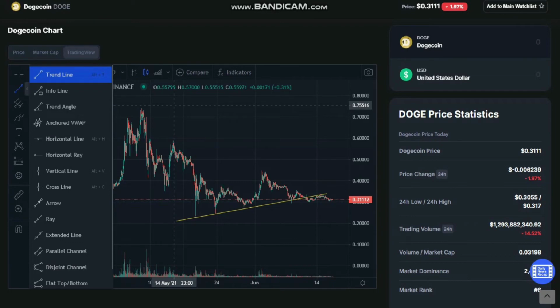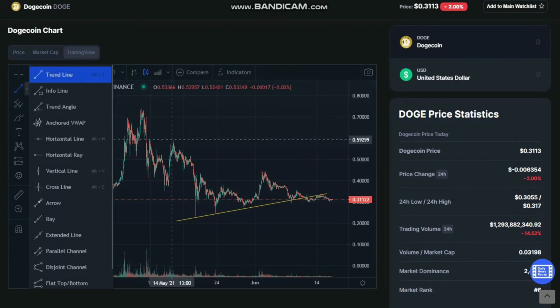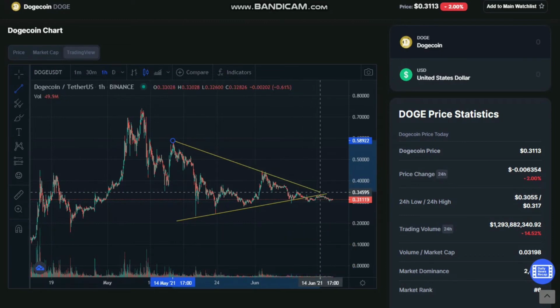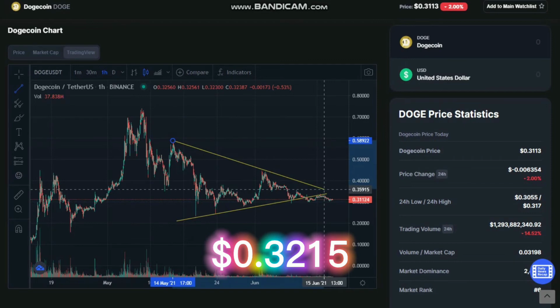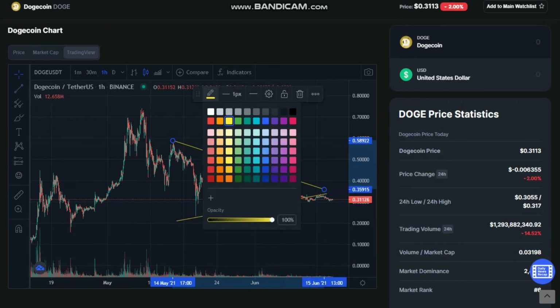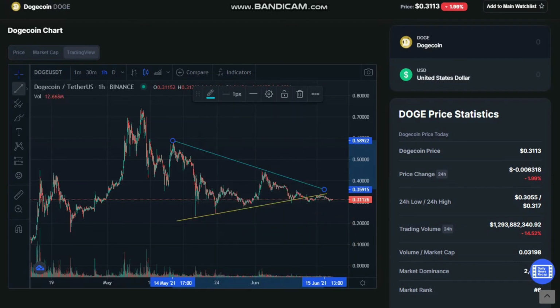Fell by 3.90% on Wednesday. Following on from a 2.20% decline on Tuesday, Dogecoin ended the day at $0.3078. A mixed start to the day saw Doge rise to an early morning intraday high of $0.3215 before hitting reverse. Falling well short of the first major resistance level at $0.3284, Dogecoin slid to a mid-afternoon intraday low